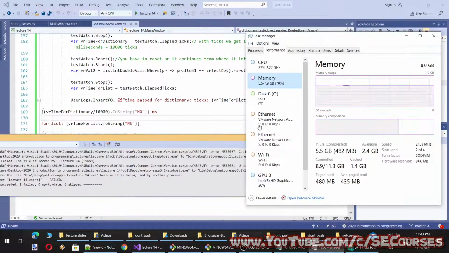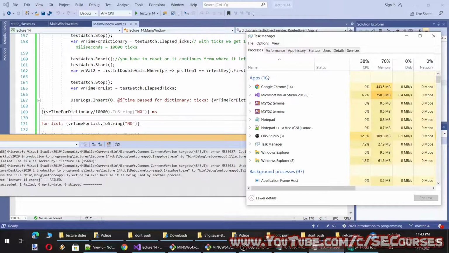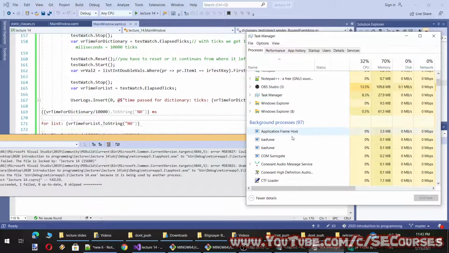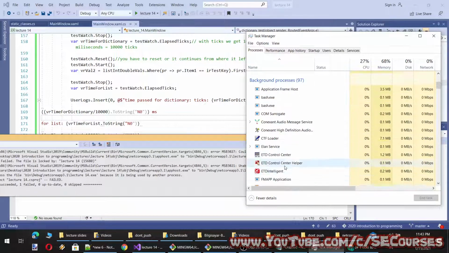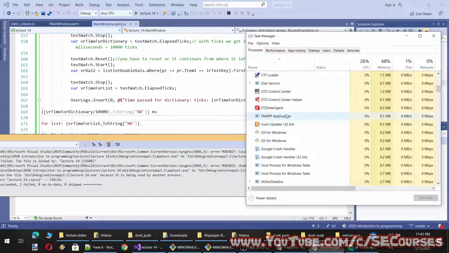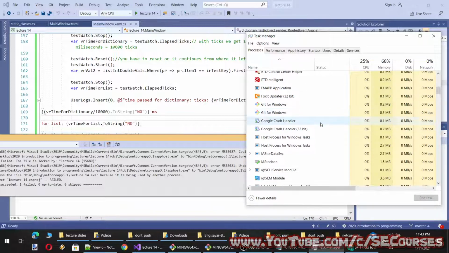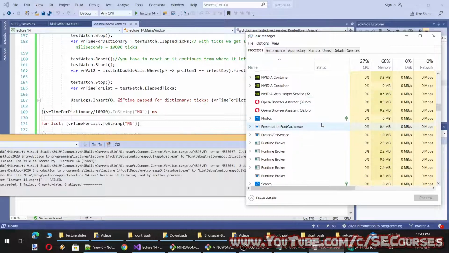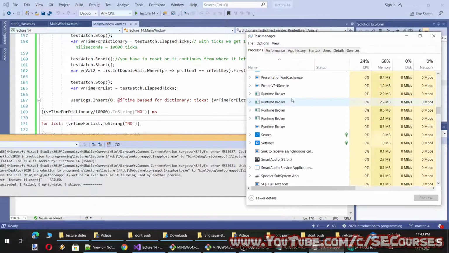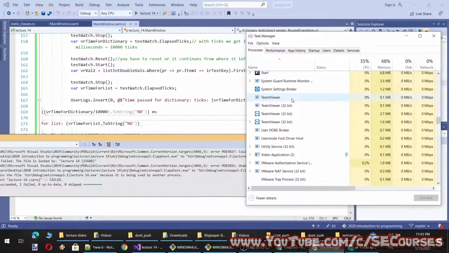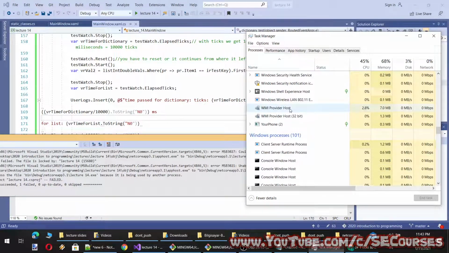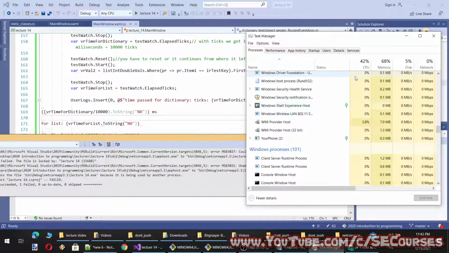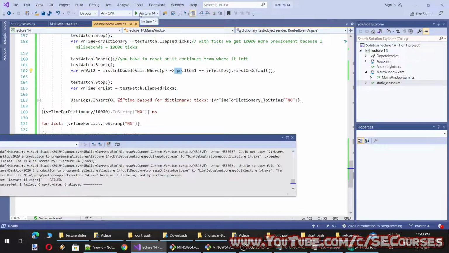Okay, the previous debug is still running. I have to terminate it from here. Why it didn't work?